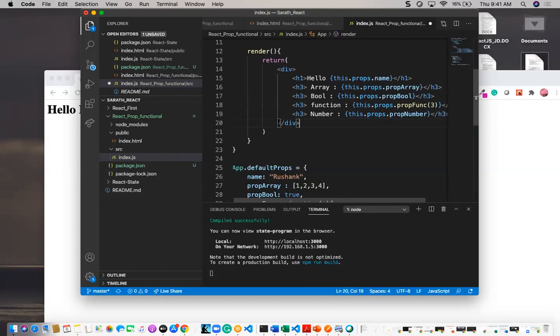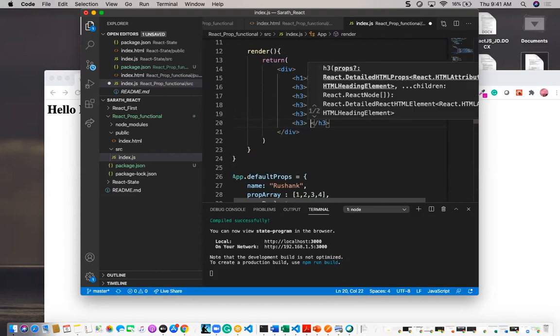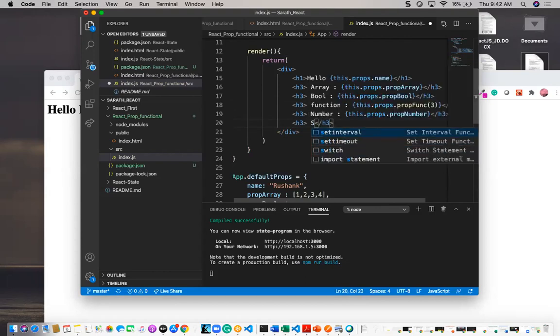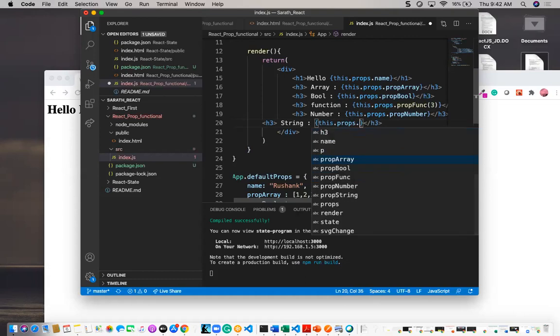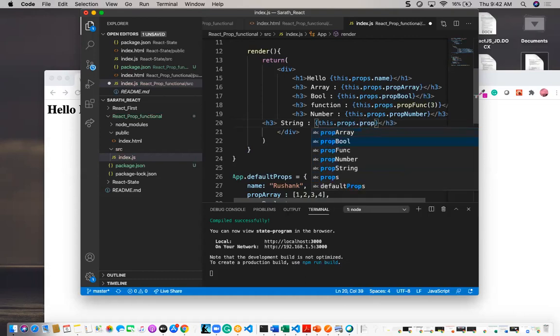And apart from that, I am going to use some h3, and I am going to use some string. I am going to get here string, this dot props dot prop string. Prop string.